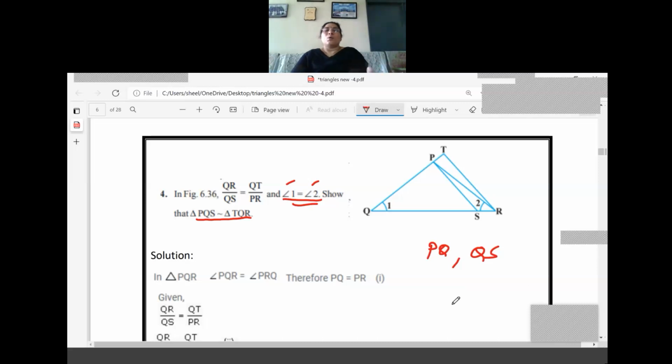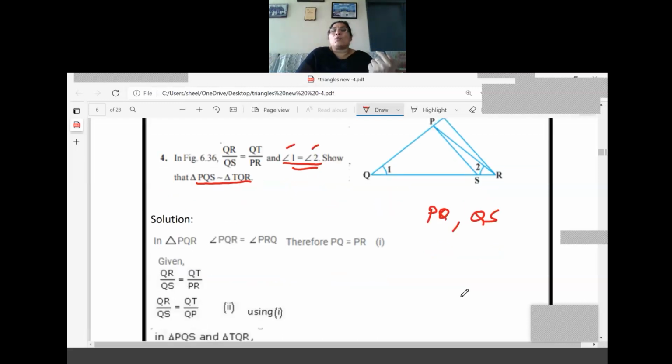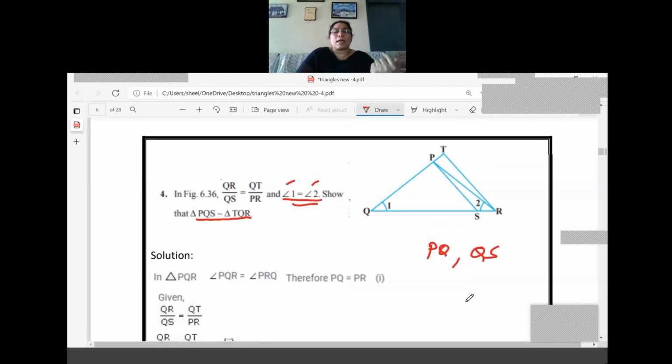Now let us see that one. What is the angle 1 and 2 result? Angle 1 and 2 result means they are equal. What is the opposite side for angle 1 and angle 2? That is angle 1, PQR, equal to PRQ only, right? PQR, that is angle 1. What is angle 2? That is PRQ. So angle 1 and 2, if you take, the opposite side will be PR, right? And angle 2, if you take, the opposite side will be PQ. So here PR is there in the given part. That PR you can replace as PQ.